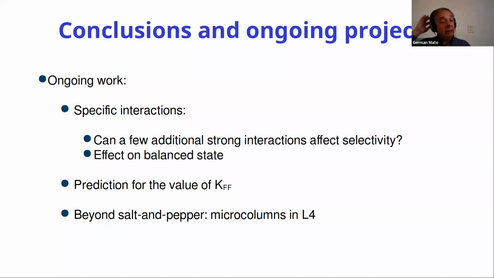And also, finally, to go beyond salt and pepper, right? See whether or not there are some correlations in the preferred orientations of neurons that are very, very close to each other. This could be called microcolumns. We have some preliminary results that indicate there are some very close range correlations in this